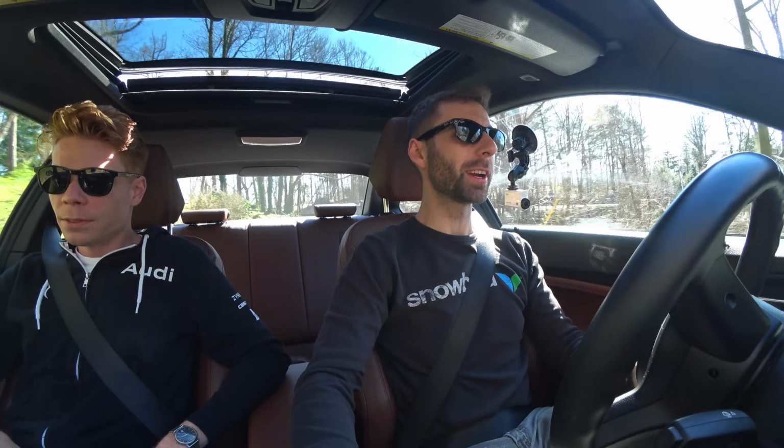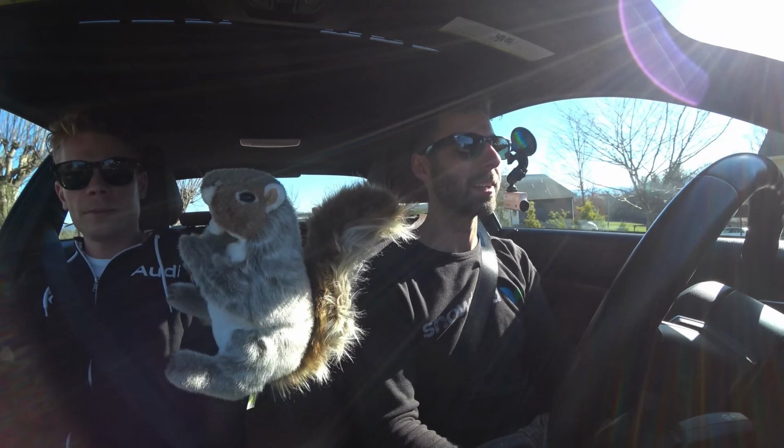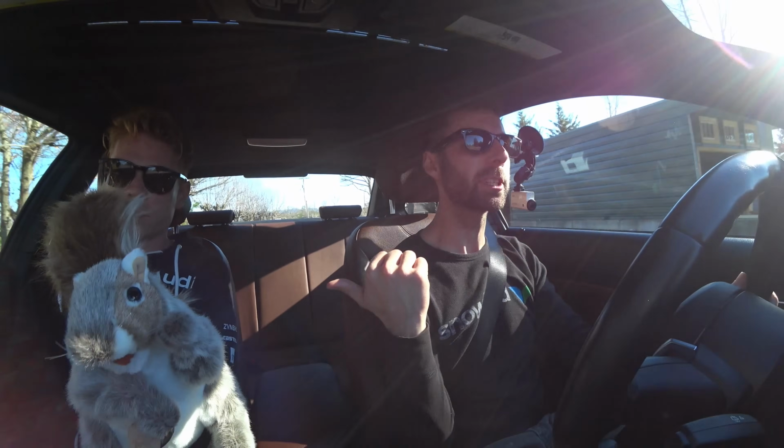2015 BMW 228i rear-wheel drive manual. This is kind of an oddball spec for this car because most of them are xDrive and most of them don't have a manual. I'm down here visiting Charlotte until March 12th, and we've come out to find some enjoyable roads in Patrick's BMW